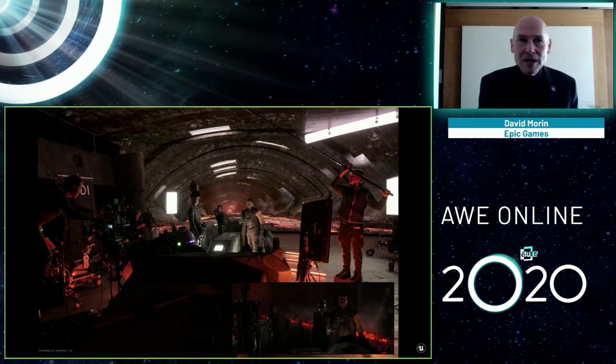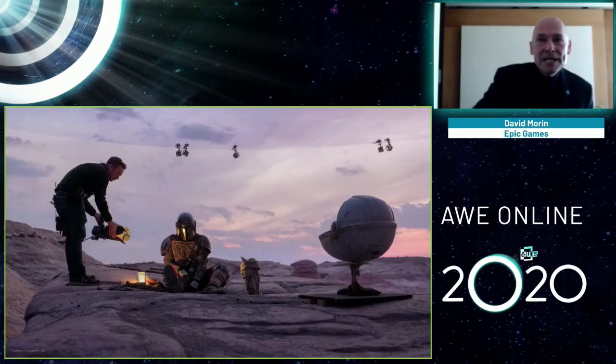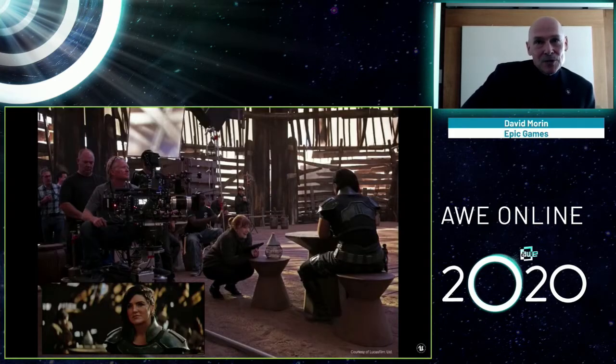Another shot here, more a visual effects shot where you see the actor representing the IG-11 droid that will be replaced later in post. Here's an image showing work on lighting around our hero and the star of the show, Baby Yoda. And this time on episode 4, here is Bryce Dallas Howard, the director, directing actor Gina Carano, with director of photography Baz Idoine at the camera.